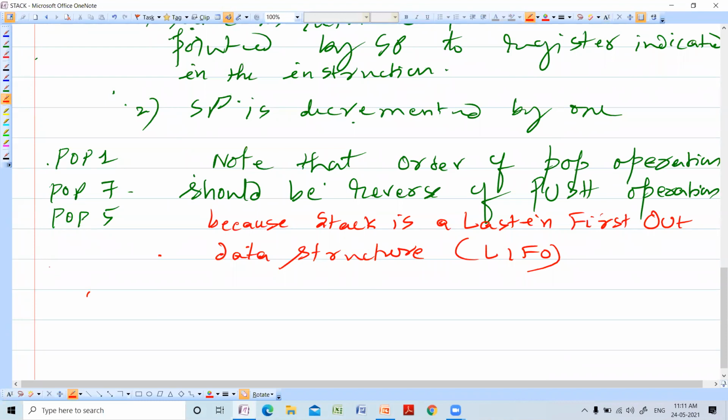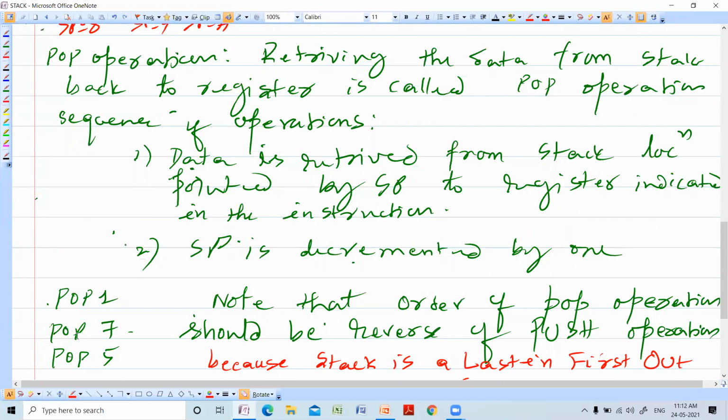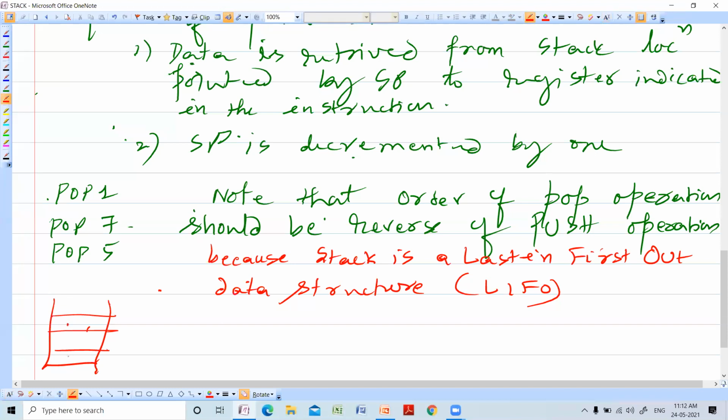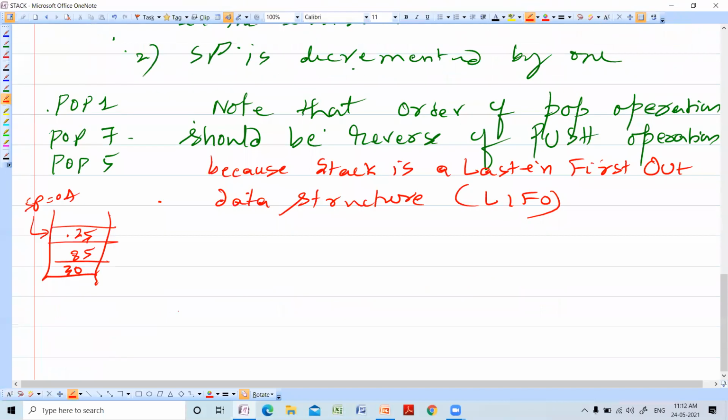In the sense, suppose it is the stack, and it is containing 30, 85, 25, and currently the stack pointer is pointing here. So SP is equal to 0A. Now it executes pop 1.